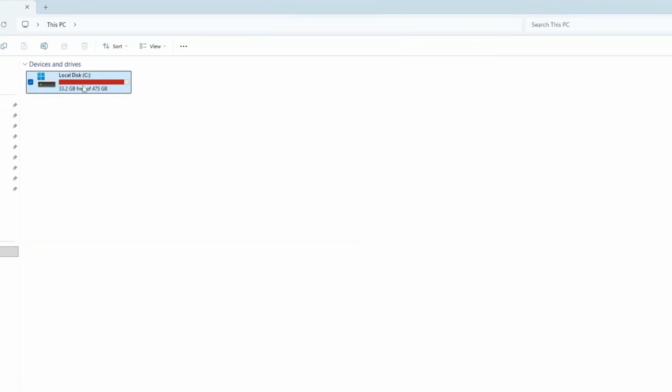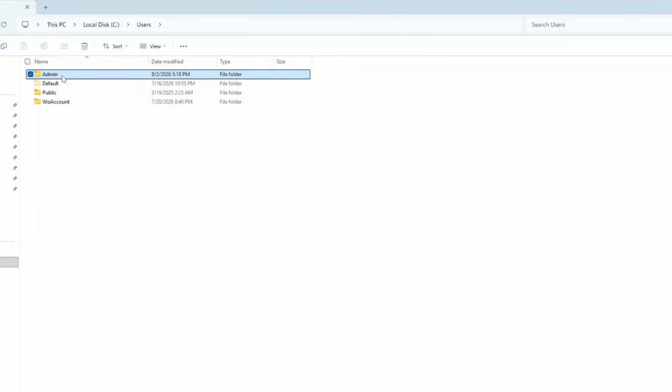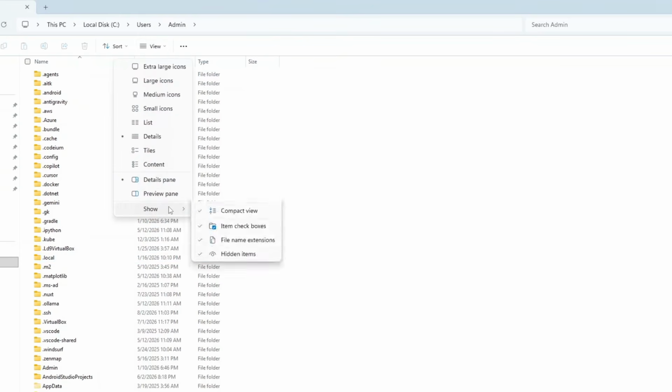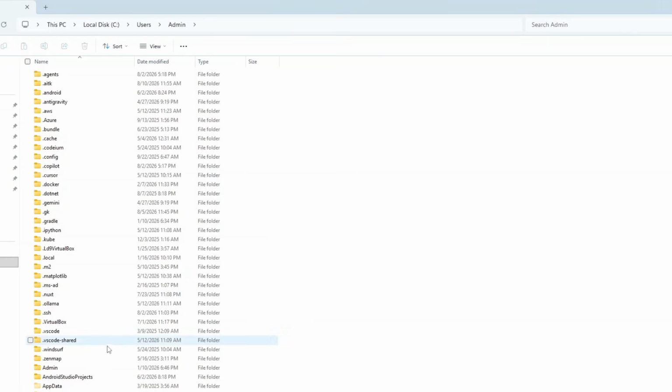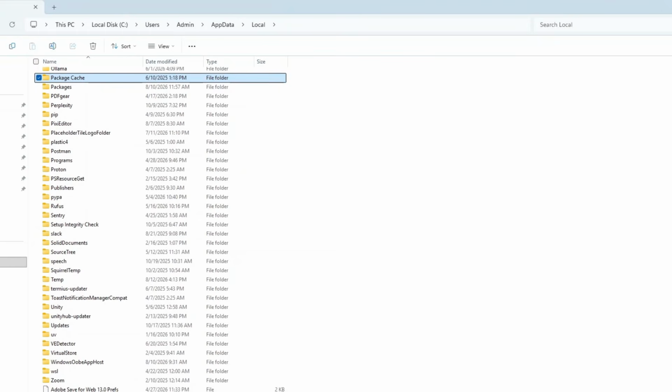You go to your C drive, then go to the users directory, then go to your account directory. In my case, it's admin. Make sure to show the hidden files from here. Then you need to go to the AppData folder, then to the Local, and then look for the Packages folder,